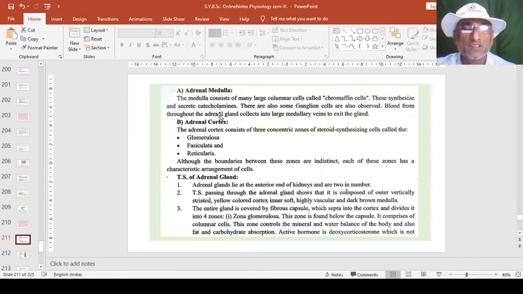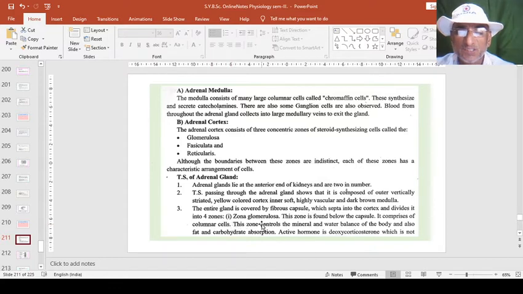Now we will see the histological structure of the adrenal gland, that is transverse section of adrenal gland. It includes at the anterior end of the kidneys and are two in number. Transverse section passing through the adrenal gland shows that it is composed of outer vertically striated yellow colored cortex, inner soft and highly vascular and dark brown medulla. The entire gland is covered by fibrous capsule which septa into the cortex and divides it into four zones,